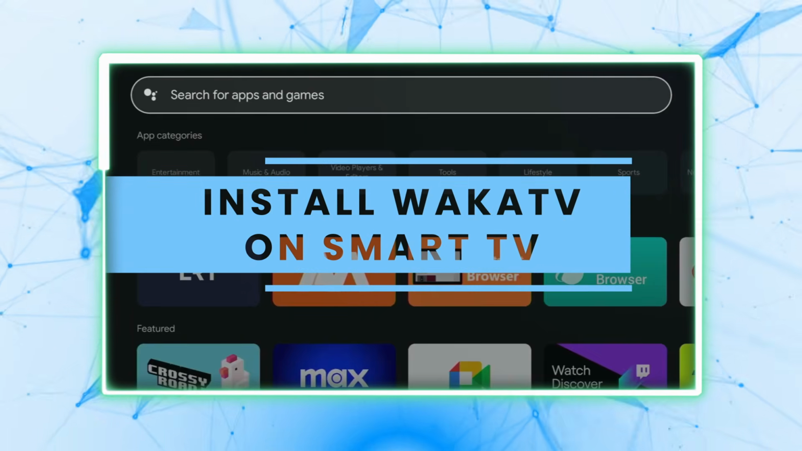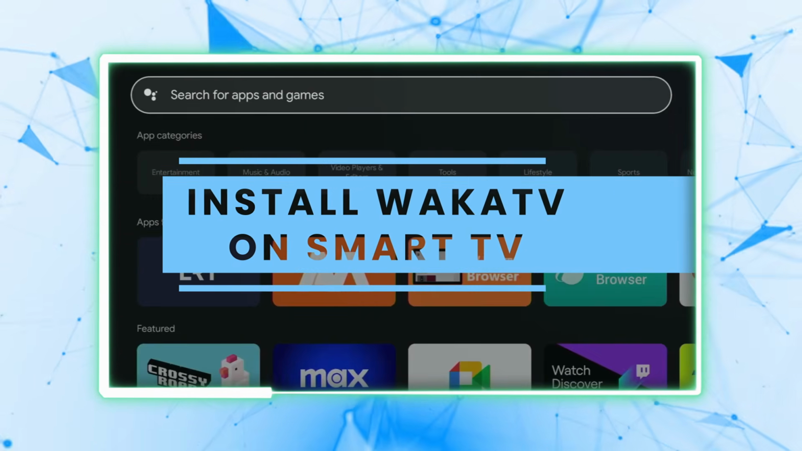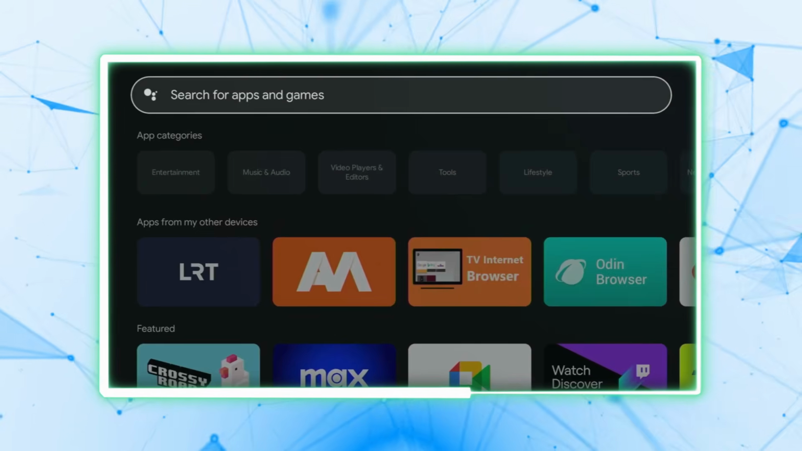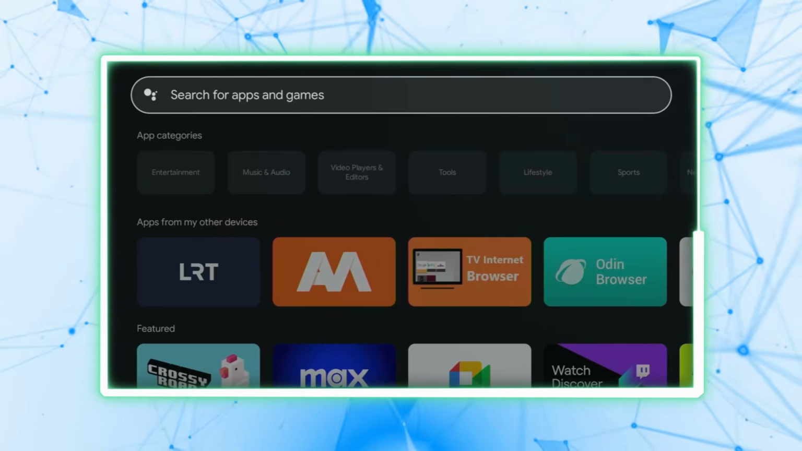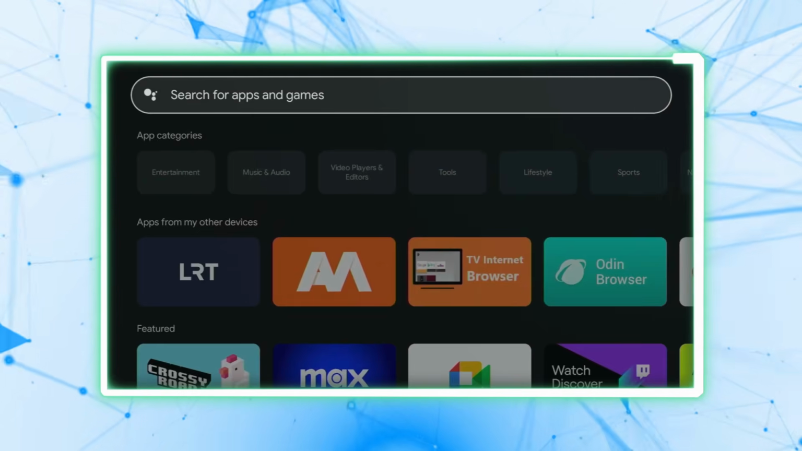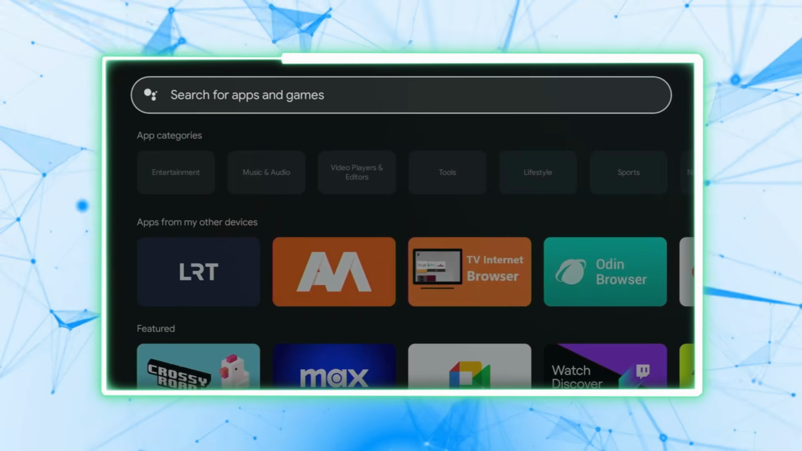Hello guys, I'm going to show you how to install Waka TV on your smart TV. So Waka TV is not available on the typical Play Store, so you will need to sideload it. So first, on the home screen of your smart TV, use the search button or go to the Play Store